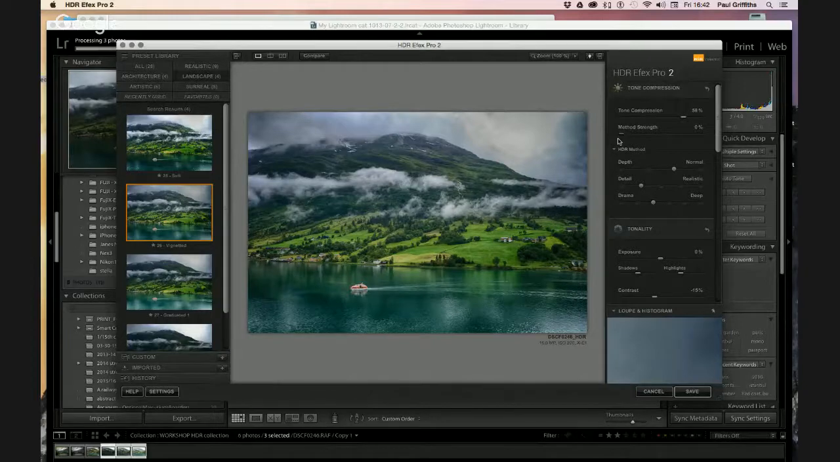See if that makes any difference to the image. And it doesn't really. So we're going to leave it at 70%. The HDR method makes a slight adjustment. Again, there's a little bit more depth to the image, or I can, if you leave it in the center there, it's a subtle,